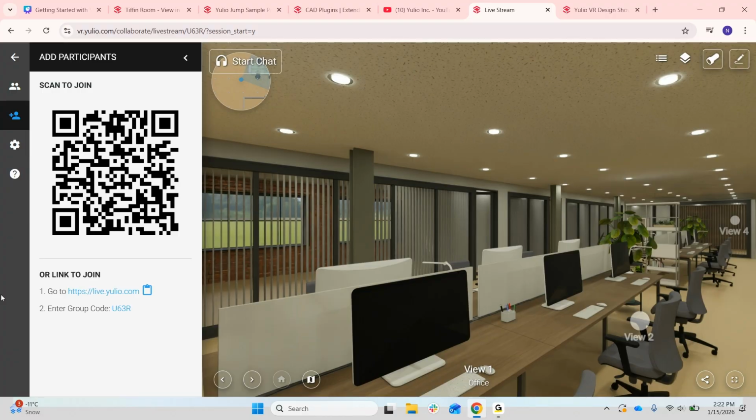Okay, so to add guests to your session, you're going to click on this person icon with a plus sign on it. That will open our Add Participants tab. If your guests are in a position where they can see the screen we're looking at here, they can scan this QR code on their phone or their MetaQuest headset and join on their mobile device or their headset. They can also join just on their computer from their browser by going to live.yulio.com and entering the unique group